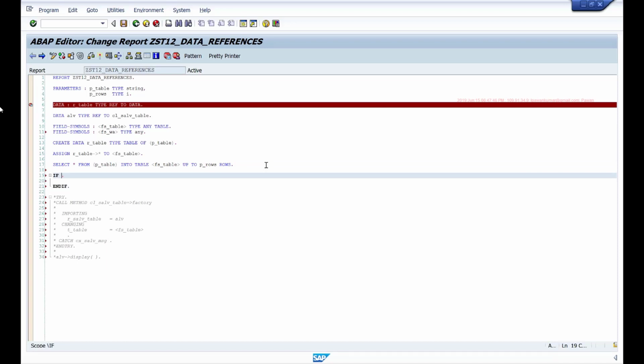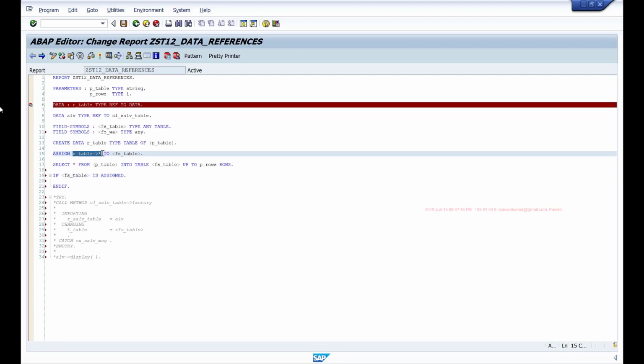if FS table is assigned. Similarly, like we are checking if the field symbol is assigned by using the is assigned statement, if you want to check if a data reference is bound before using that in your statement, you can use this syntax: if your data reference name is bound.